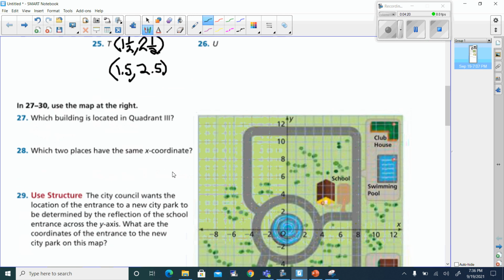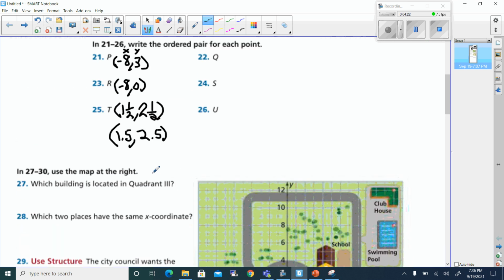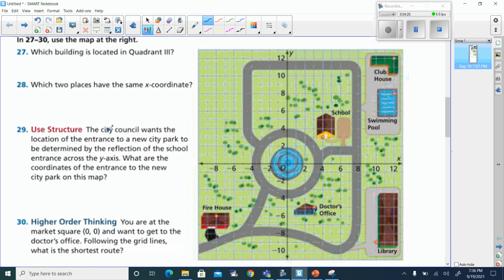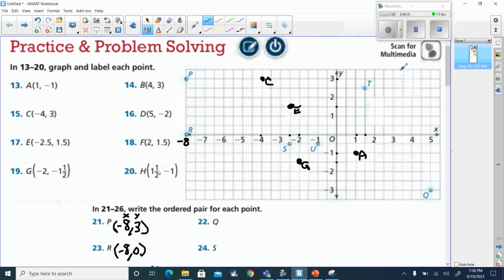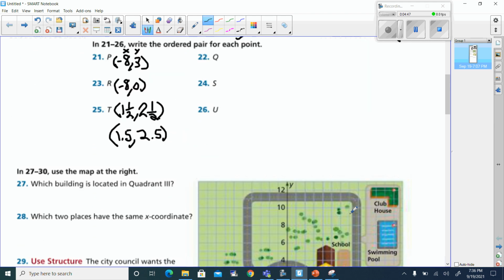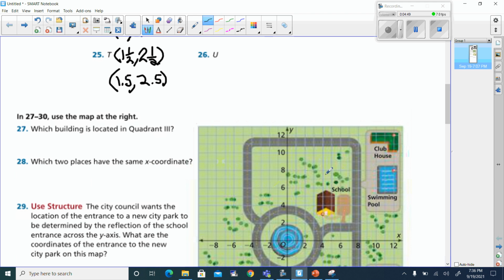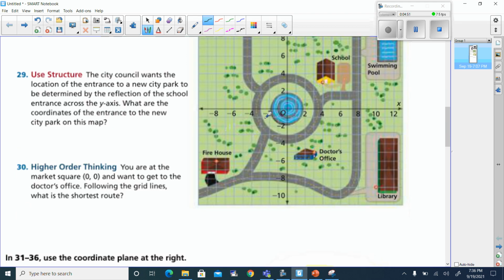I'm going to number 27 through 30. And I've got the odd ones. So which building is located in quadrant 3? Well, remember, we're talking quadrants. Okay, remember, this is quadrant 1. This is quadrant 2. This is quadrant 3. This is quadrant 4. All right, so it kind of goes counterclockwise. 1, 2, 3, 4. So if they ask me where is quadrant 3, I'm going to have to say, let's see,